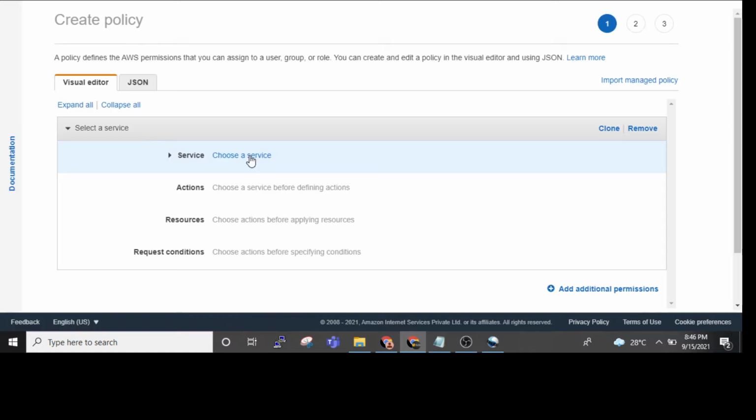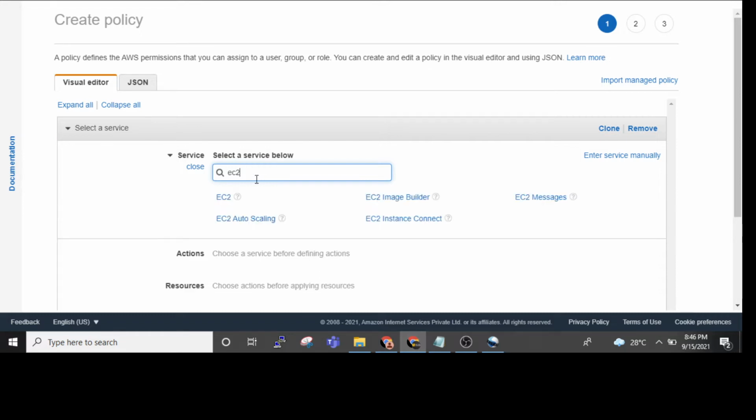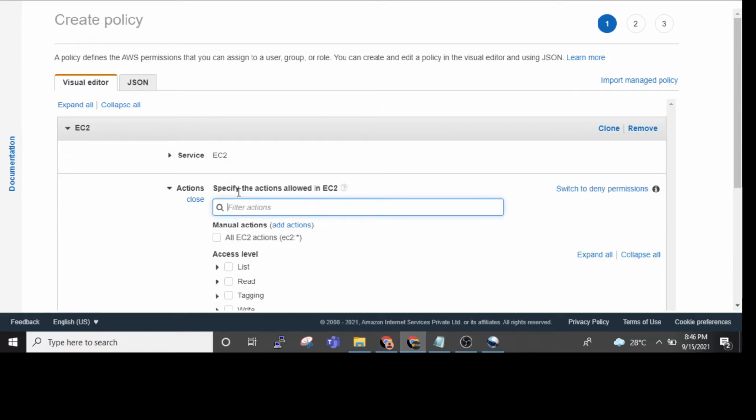In policy we need to choose service, and we need to select EC2. Select EC2, and then here 4 actions we need to select.